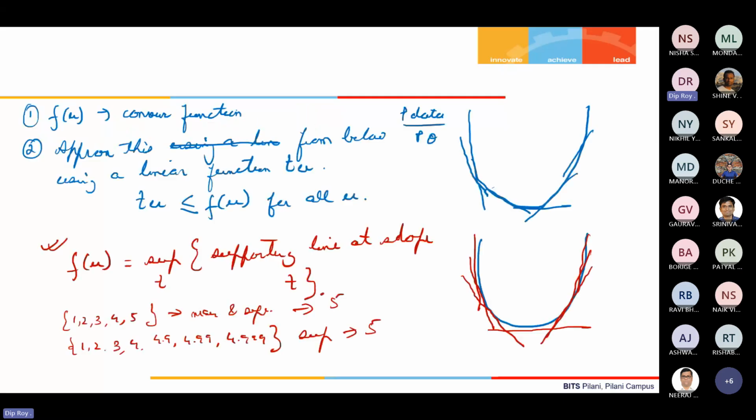How do you geometrically visualize it? t is essentially the slope of any of these tangents. Take any of these tangents. t is the slope of this particular tangent, and f star of t, which is the conjugate function, is essentially nothing but the vertical offset that places the line just touching f.